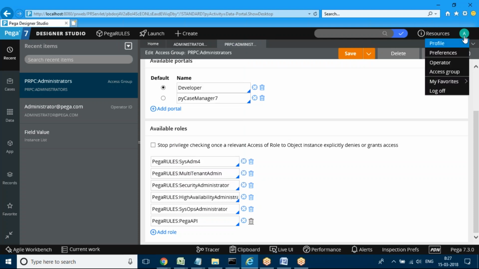The operator menu here, right now we'll be using only to log off. We don't modify or create any of these things. Only to log off from the tool will we use the operator menu. So in this, we'll be using only 5% of the options, guys, in the overall tool.